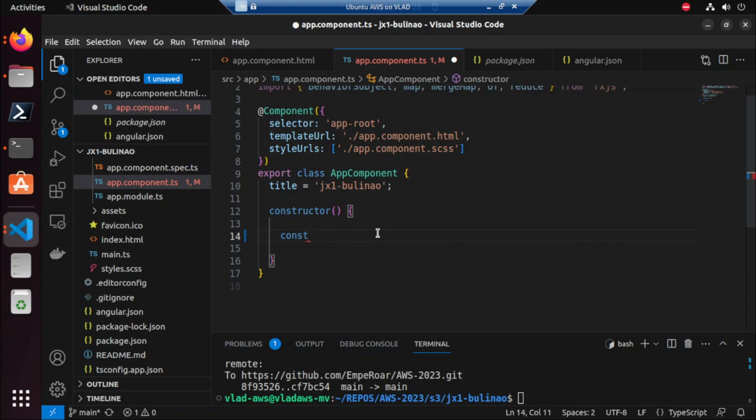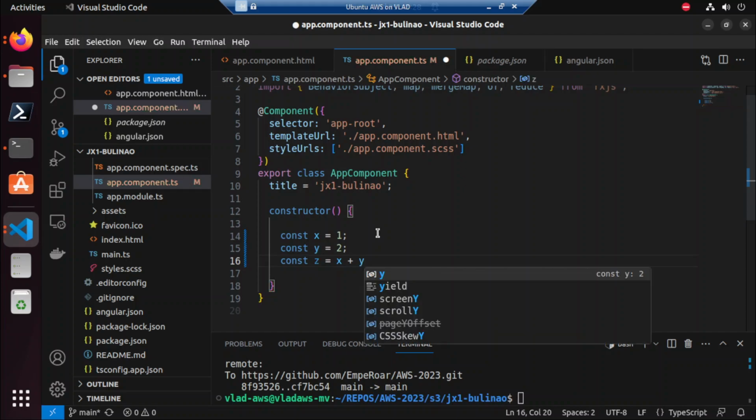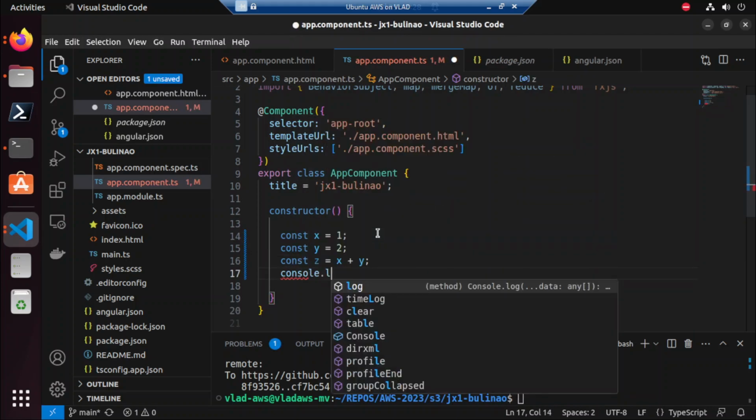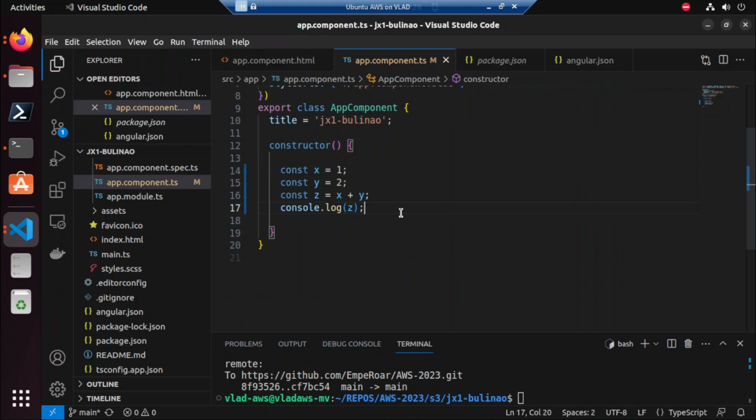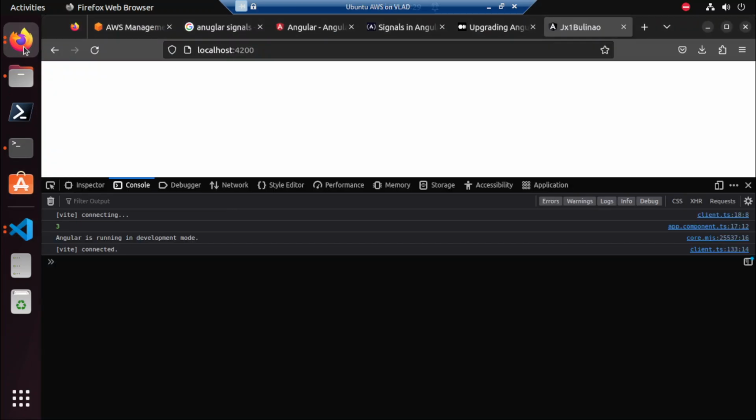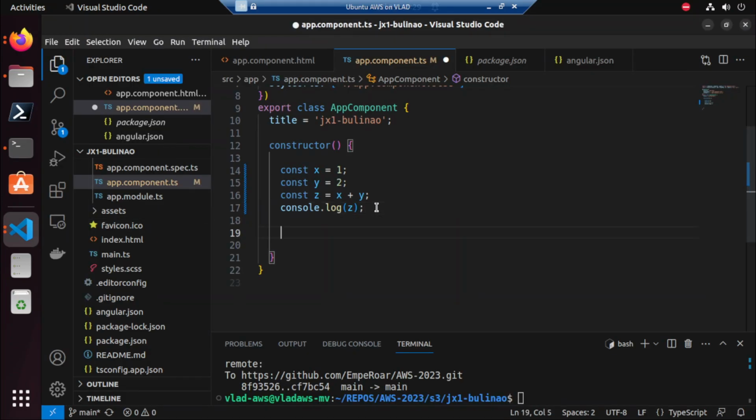So let's say we have a const x. We're going to implement this as 1, and then y is 2, and then z here is x plus y. Then we're going to console log this as without signal and RxJS. So if we do that, this is going to print 3. But then if we assign y with 3, then oh no, this is going to be